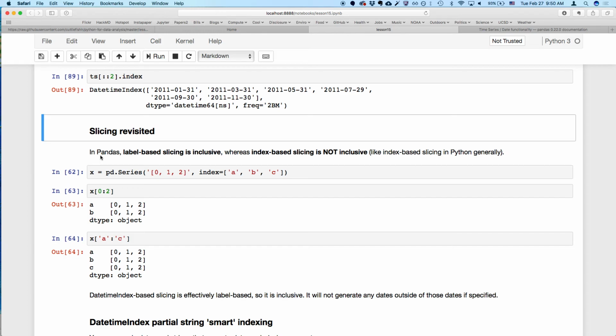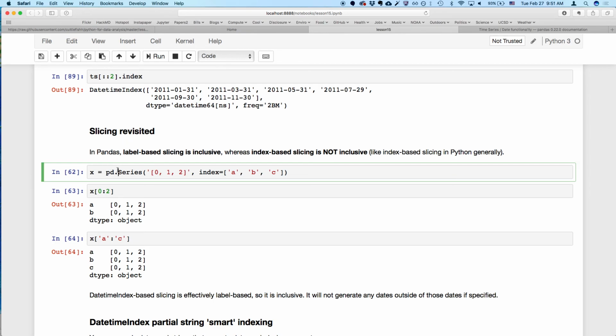So we have this sort of asymmetry that has a lot of benefits, but something you had to get used to. Well, in pandas, and I haven't really emphasized this much, when you specify a label instead of a positional index, you get both sides. So here's an example. We're going to make a series which has